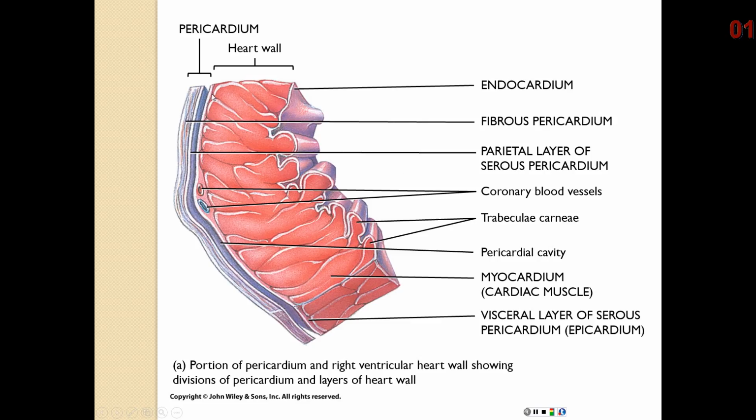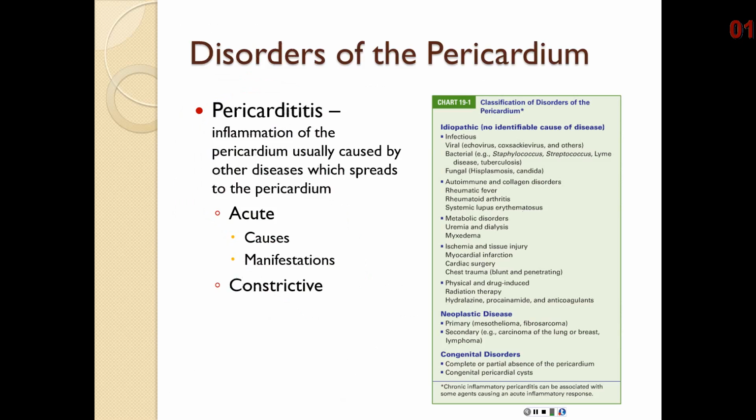And it is important to note that between the pericardium and that epicardium, that outer layer of the heart right against the muscle of the heart, there is a cavity or space, the pericardial cavity, and that's important in terms of fluid accumulation. There is always some serous fluid in there. There shouldn't be excessive, but that's going to be a problem with pericarditis, which is where we're going now. So, starting with the disorders of the pericardium,